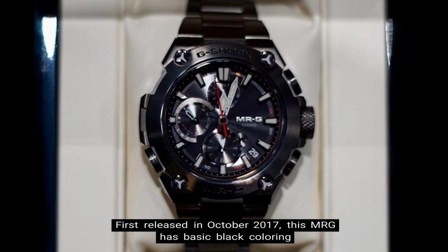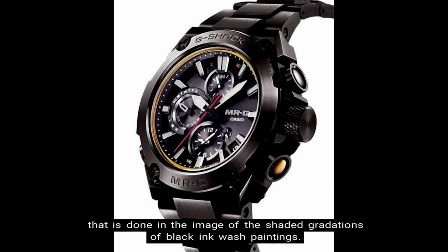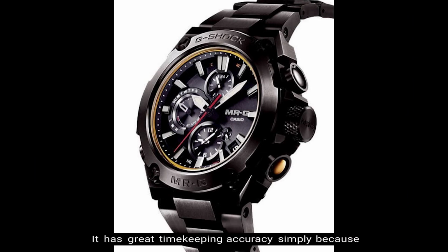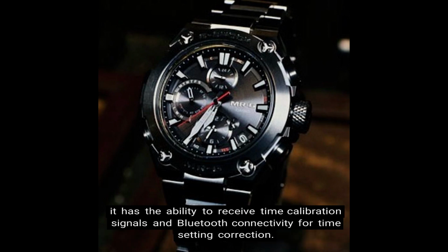First released in October of 2017, this MRG has basic black coloring that is done in the image of the shaded gradations of black ink wash paintings. It has great timekeeping accuracy simply because it has the ability to receive time calibration signals and Bluetooth connectivity for